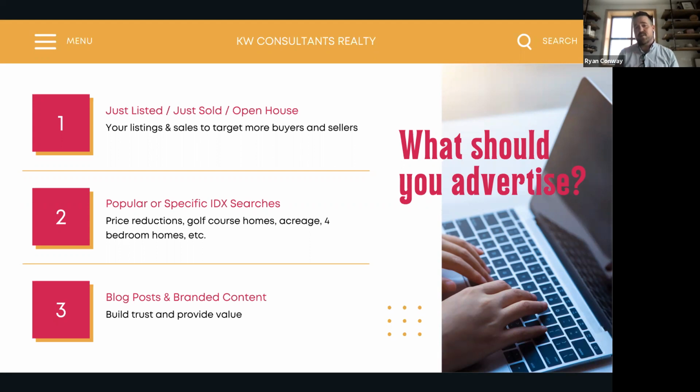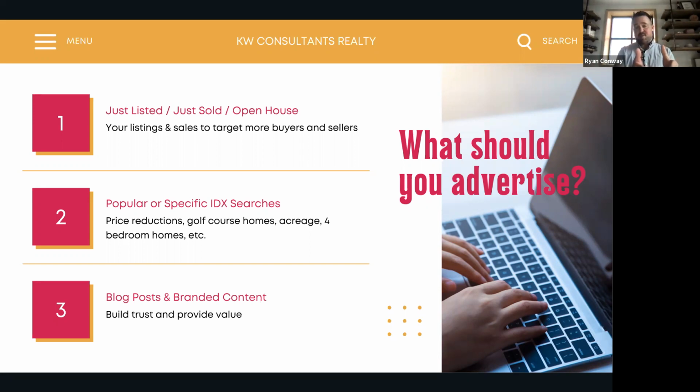With your websites as well, for your Command websites, or if you use another provider, these are all IDX websites that provide people with public access to the MLS information through the different feeds. Most of these allow you to create custom searches for things like price reductions, golf course homes, acreage, 4-bedroom homes, specific cities, school districts, and you can take the URLs from those and create a landing page of those properties.